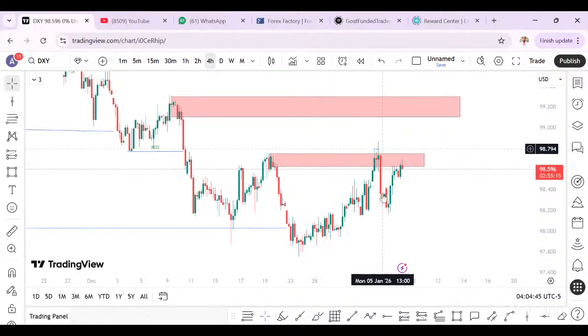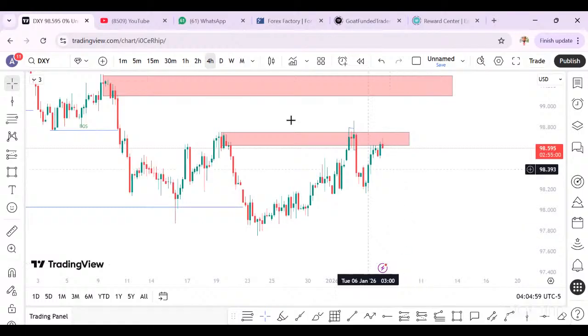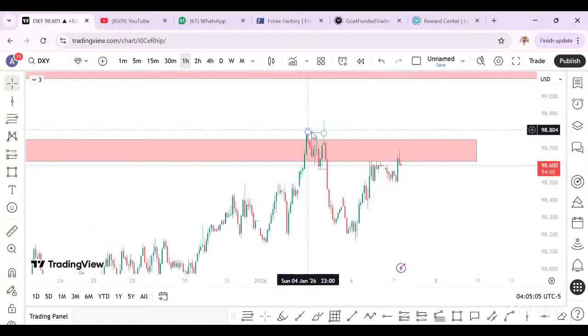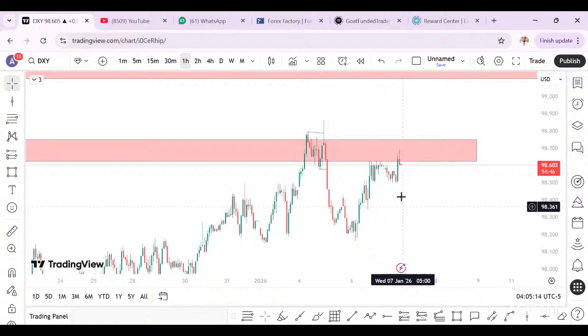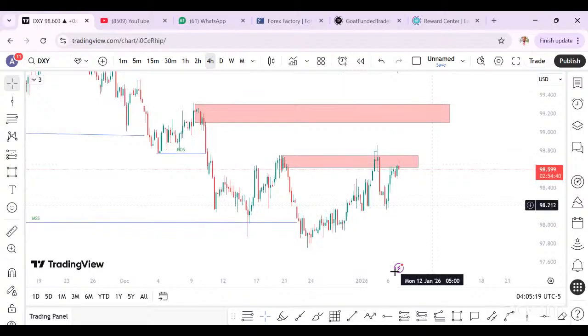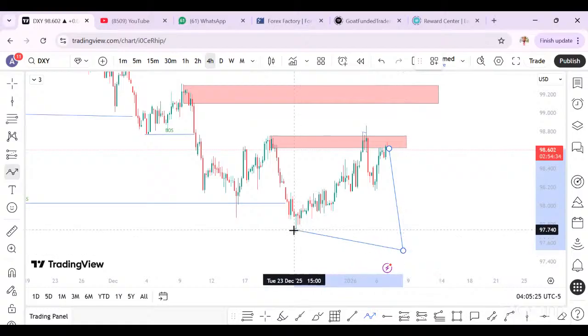But sometimes you can see price reacted in zone 2 and it gave us a displacement. We can see a clear displacement. So this can be valid and the market starts selling off, right? This is a very good displacement on zone 2. Look at it, we have a sweep above this high. We have this low, price violated the low. Then price has come back to this imbalance, to the supply zone. So let's see if this zone will hold. If this zone holds, then we may see DXY collapsing at least to this drawn liquidity here.